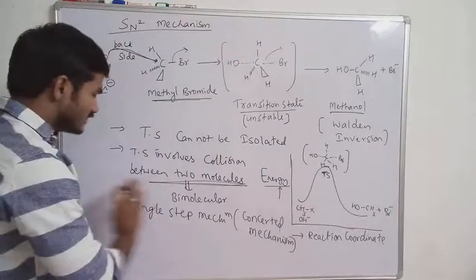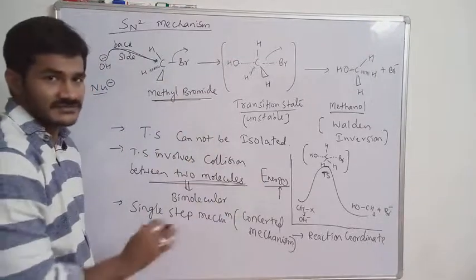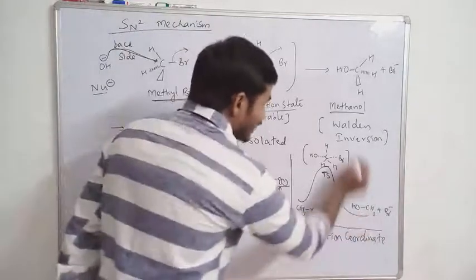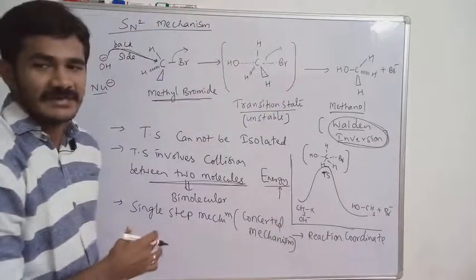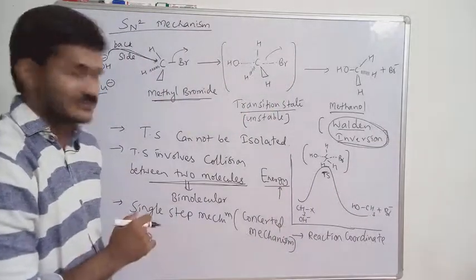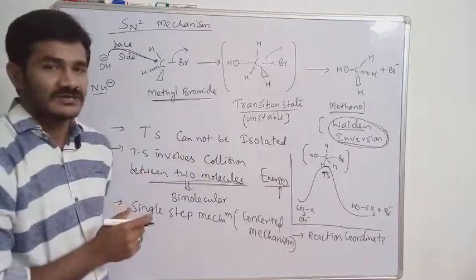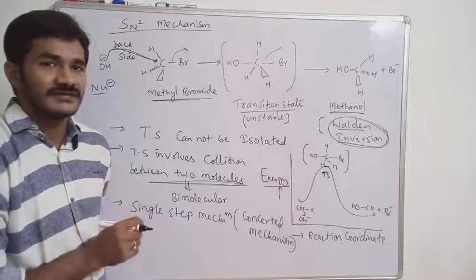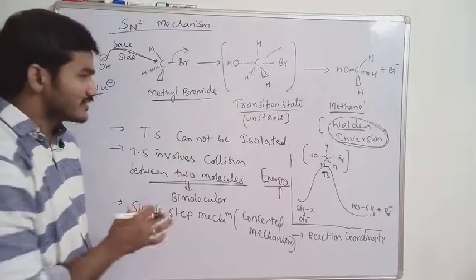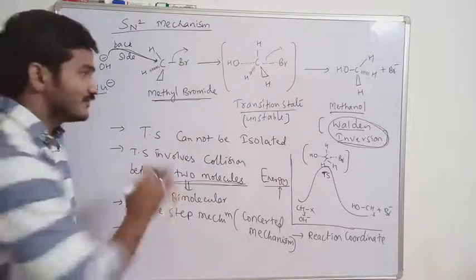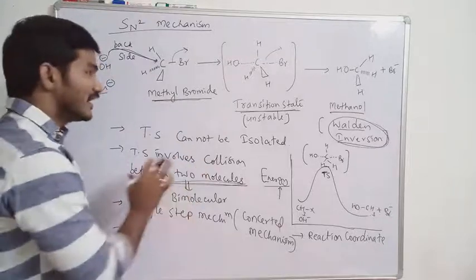So these are the basic fundamental points about this mechanism and the transition state. And the product we get here, I have written already: Walden inversion. The product can be described as Walden inversion in SN2 reactions. And in SN2 reaction, I have told you nucleophiles are very important. Very strong nucleophiles should be taken in SN2 reaction to form the Walden inversion. In SN2 reaction, the product is always Walden inversion. It forms through the transition state, which has 5 bonds, is unstable, and cannot be isolated.